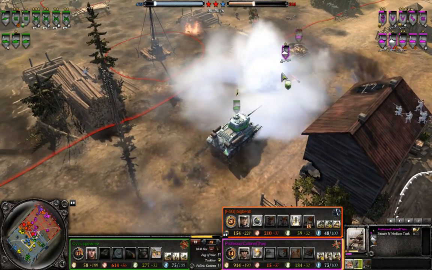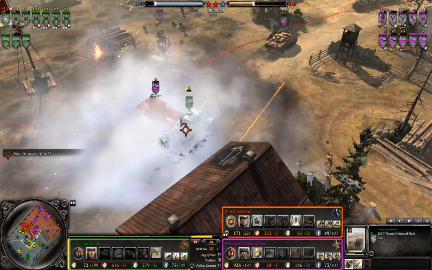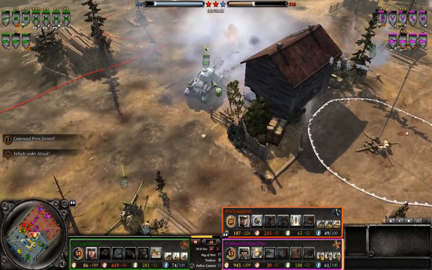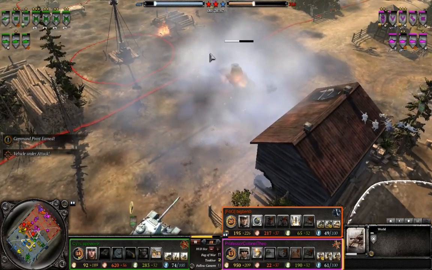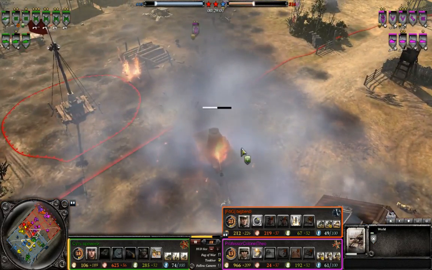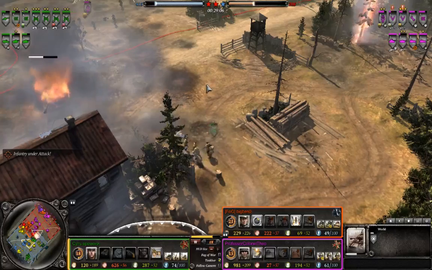T-34-85 is going to be chasing down these very, very low health German vehicles. Right now, unfortunately, none of these Allied units are able to support it because of the smoke and because of the fact that the Allied players are busy microing, so they couldn't get the attack round on the Panzer IVs. But very good job from the T-34-85, taking out that Panzer IV very easily,